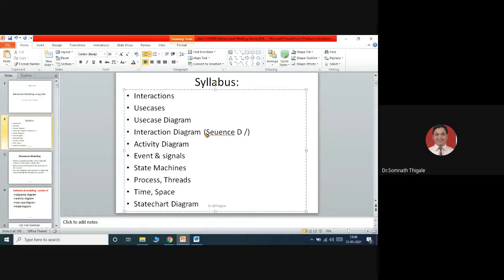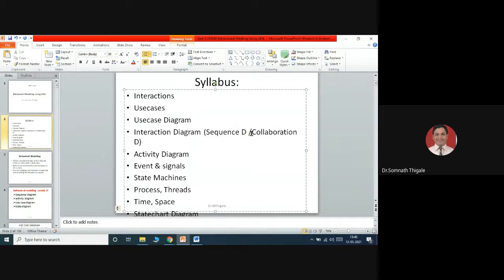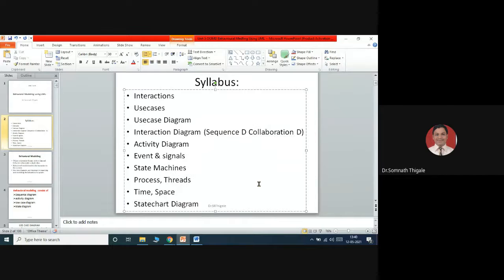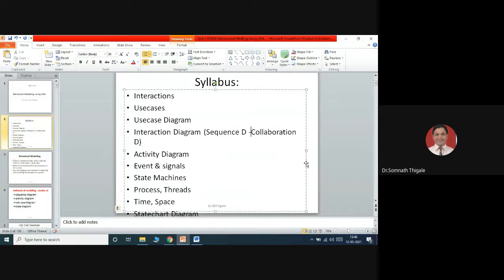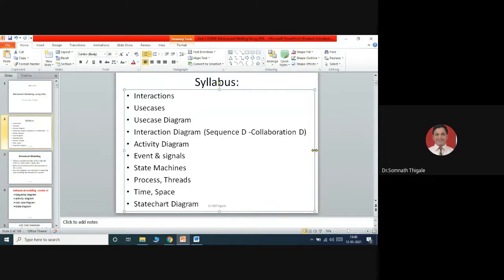And I will add one more diagram inside it, the collaboration diagram also, as a part of interactions.